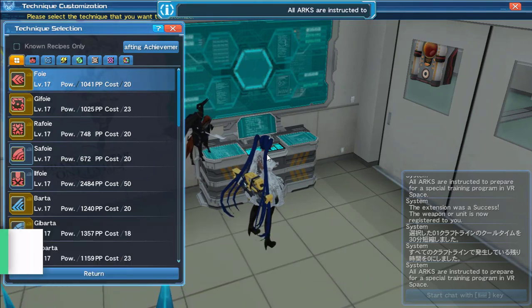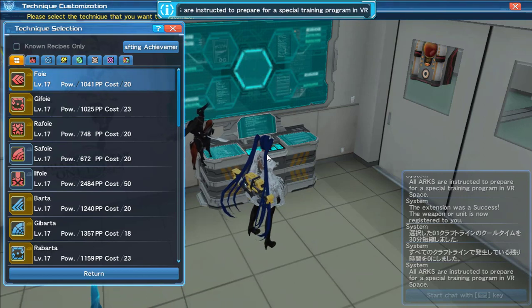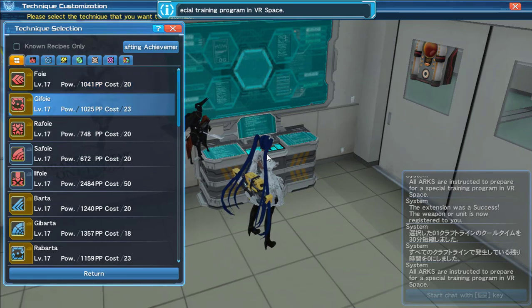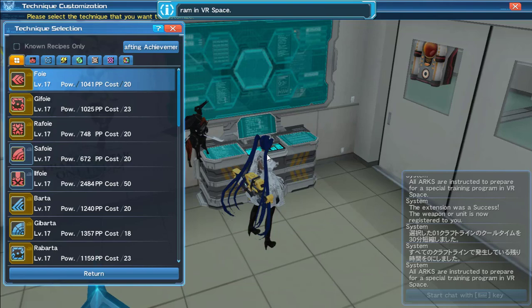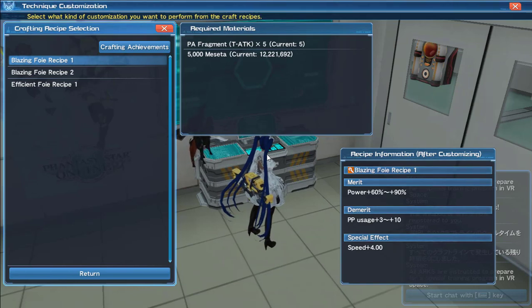With Foie, if you've ever played past PSO games, you would know that Foie was more of the heaviest hitting spell, especially on PSO episodes 1 and 2. Foie was your go-to with enemies with fire. But on PSO2, Foie's not the strongest. As you can see, crafted is 1041, whereas spells like Barta are 1240 and stuff like that. So Foie, you have different ones. In order to learn Blazing Foie Recipe level 2, you have to craft level 1 a couple of times,